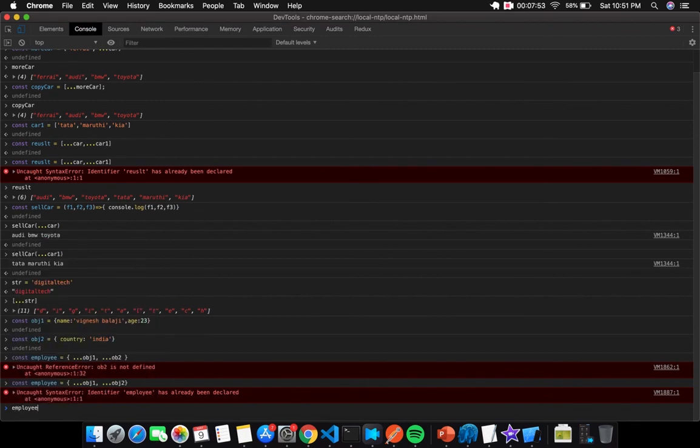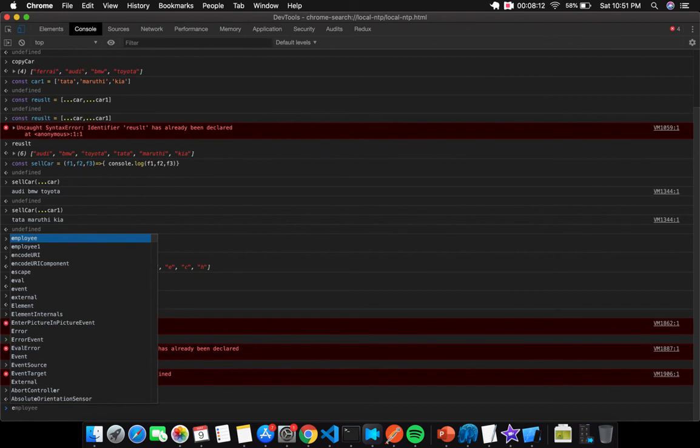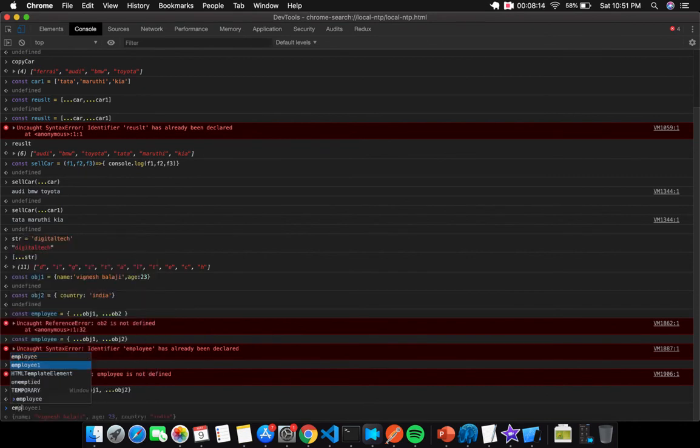Employee, what is that? I think it's a reference error, right? So let's try doing this with a different name, employee1. If you type employee1, you can see all the properties have been combined into a single object, and you can see the name, age and country, everything. This is how you combine objects.